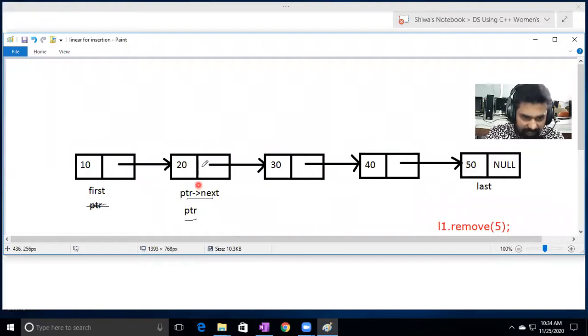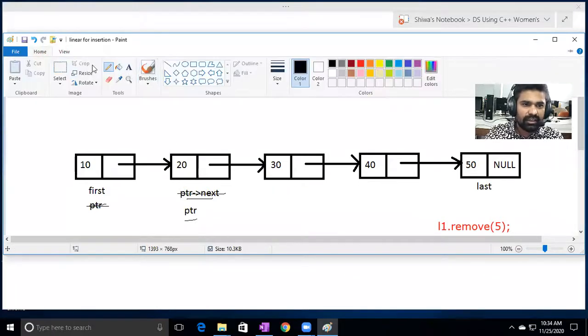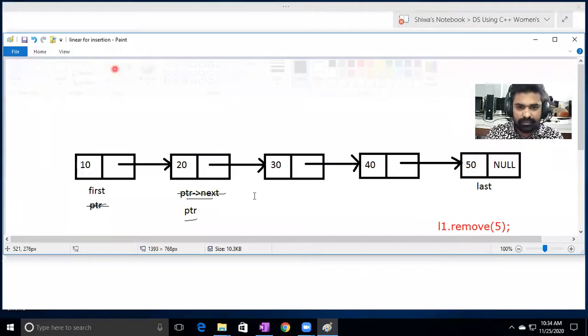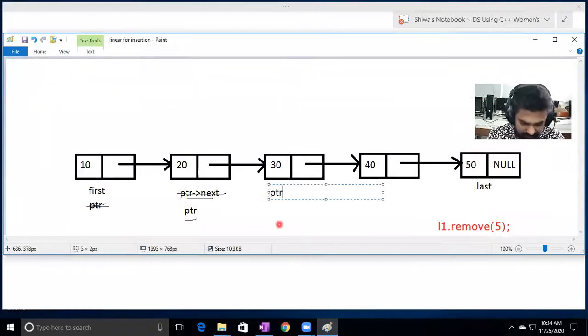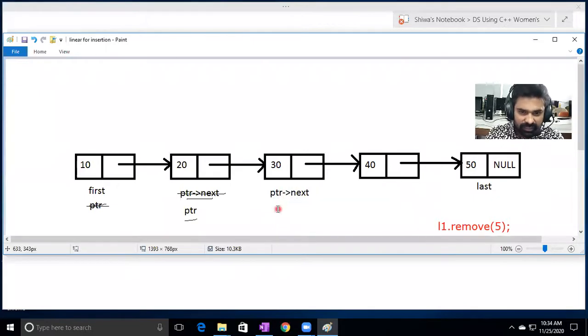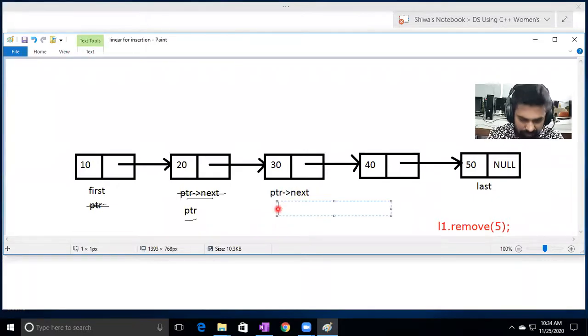If this one is the pointer, this one is not pointer next now, this one is the pointer next. So next, pointer next I want to make as the pointer. So now this will become the pointer. If this is the pointer, this is pointer next.